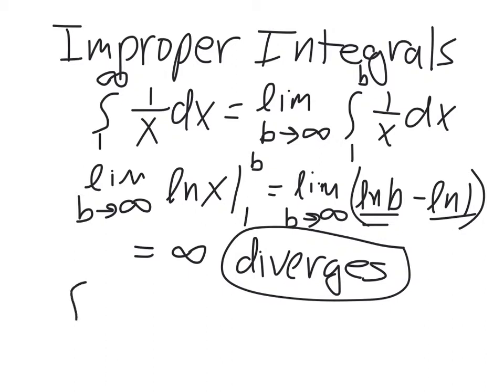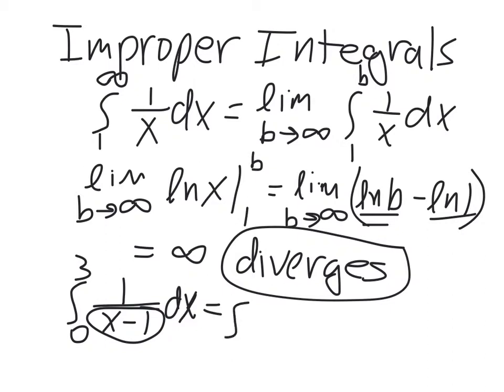Something like 0 to 3, integrating 1 over x minus 1 or something like that. Why would this be an improper integral? At x equals 1, we would have 0 in the denominator, so technically we would have to change this into integrate from 0 to 1, and then plus 1 to 3,